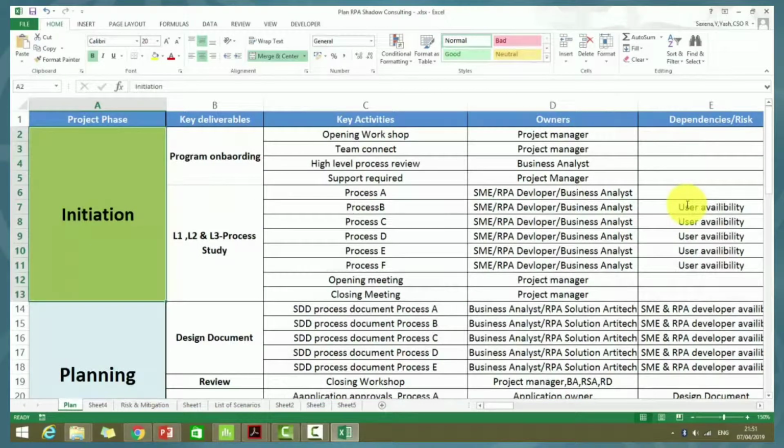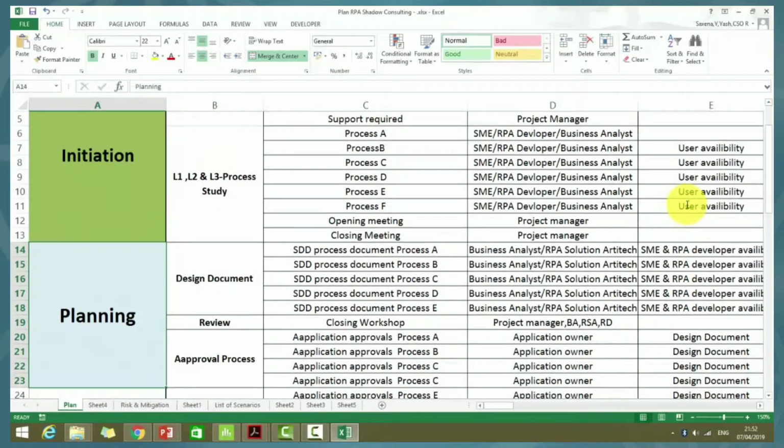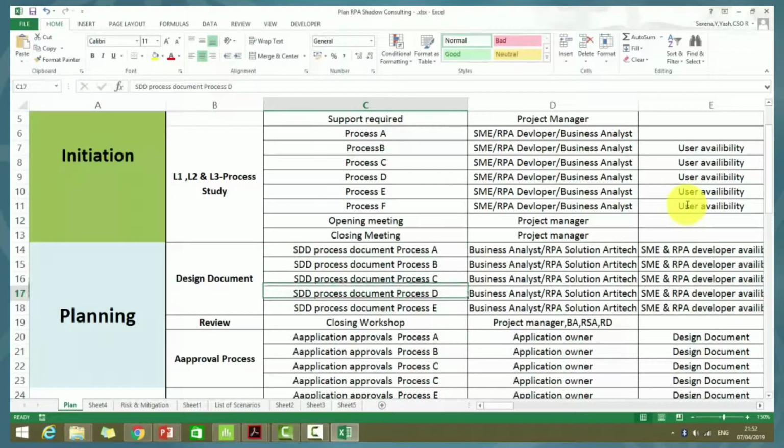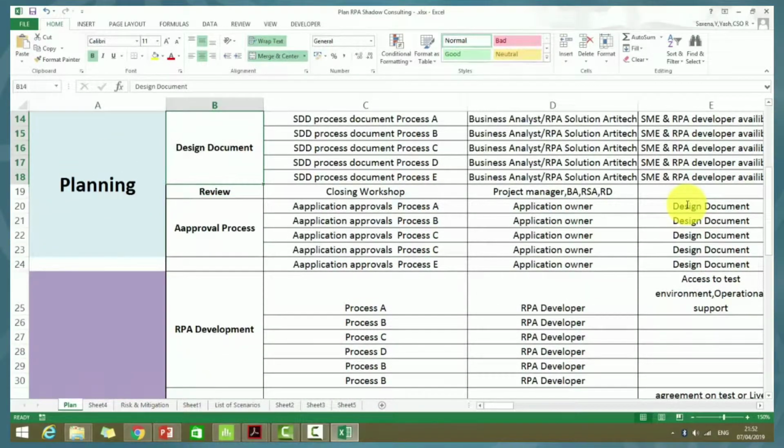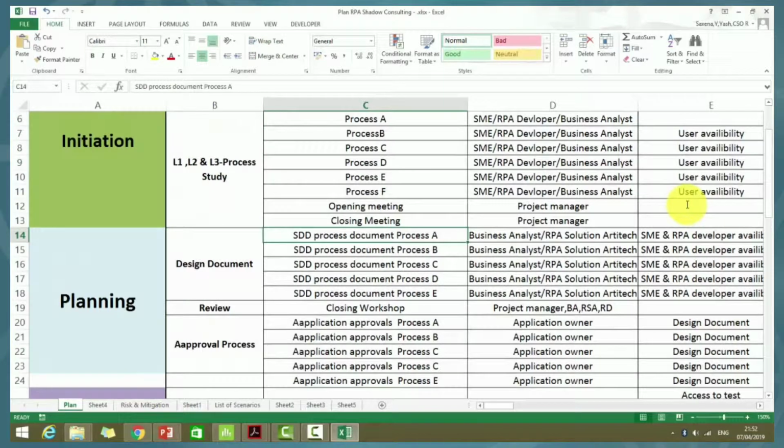And then after initiation, planning was more of your documentation, designing, creating this project plan. So guys, you can have the project plan prepared in the initiation phase itself, but during initiation, you would not have much of the information. So basically, a proper structuring of your project plan happens at the planning phase, wherein you exactly plan what is going to happen in your project. The planning phase would cover the major activities like designing a document, your approval, what all documents would be there. So we would also discuss SDDs and HLDs